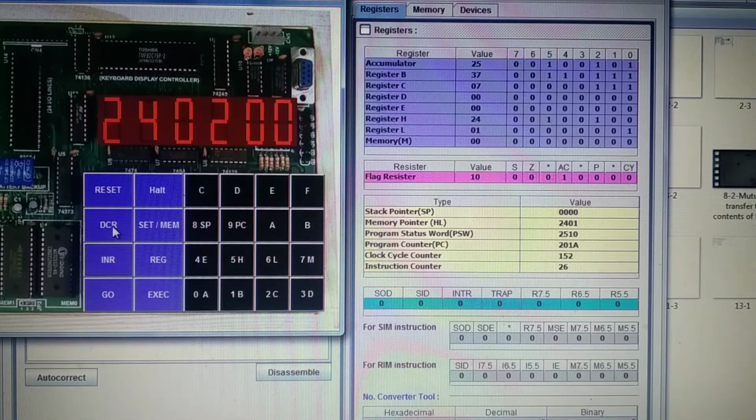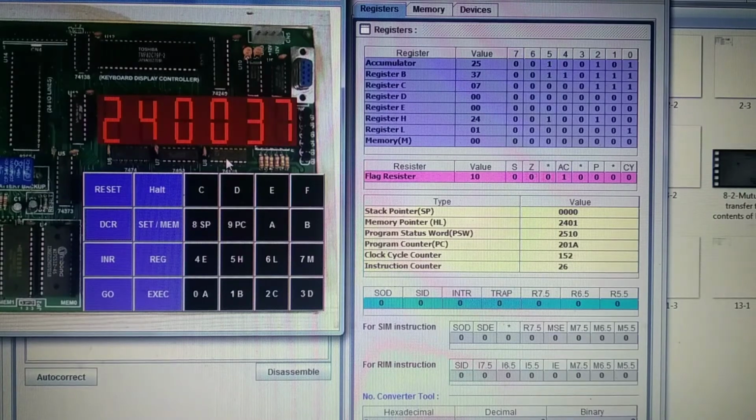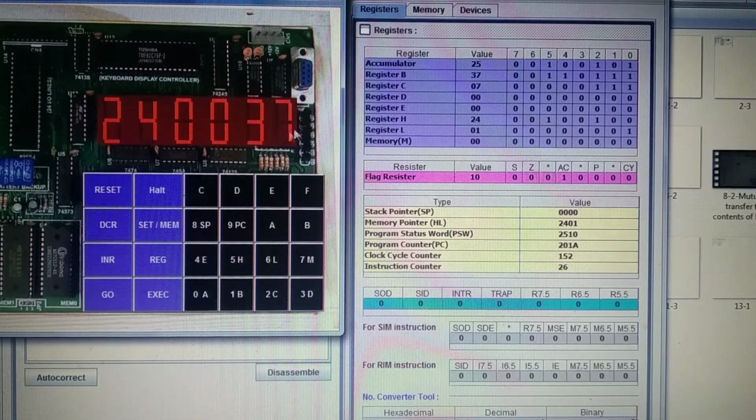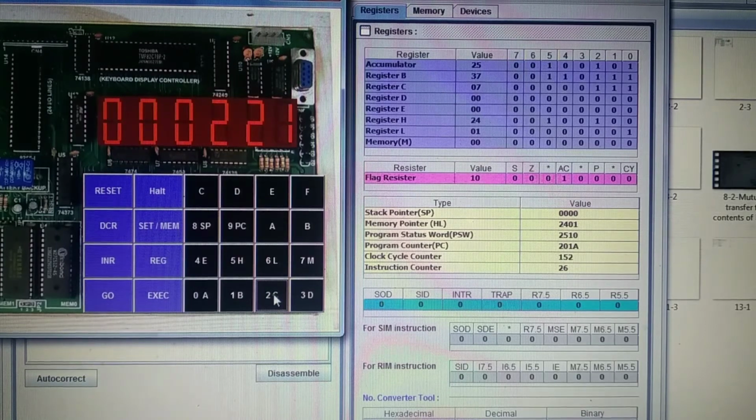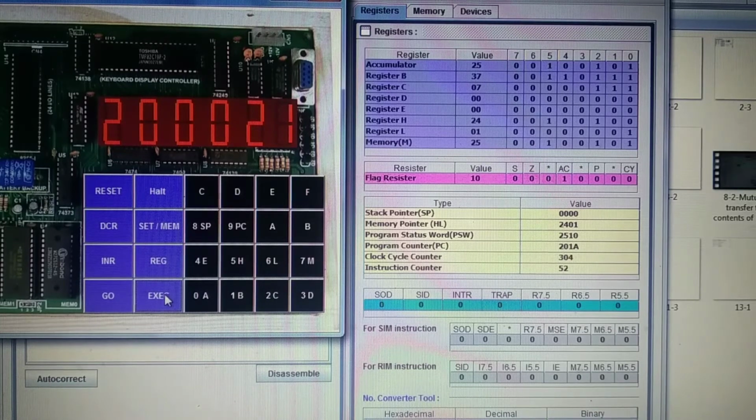The number is there at memory location 2400, that is 37. This is the number that is to be converted. So we have to execute the program. Reset, go to 2000 and execute the program. Check the result at 2401.